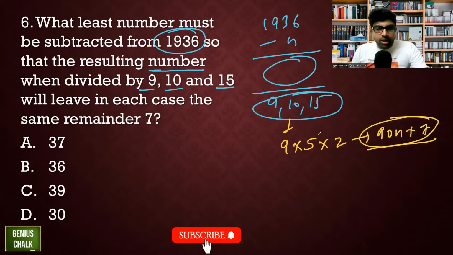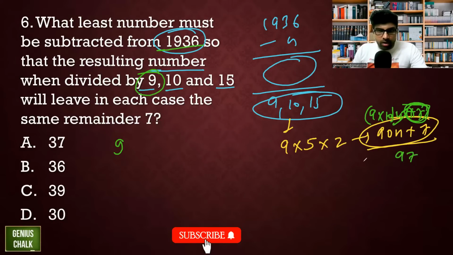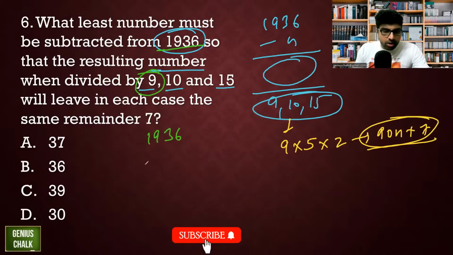Now in this question, just use the options wisely, because if you solve like this, it will be putting values of n and it will be taking time. So I'll use the options effectively. So first, if I subtract 37 from 1936, I'll be left with